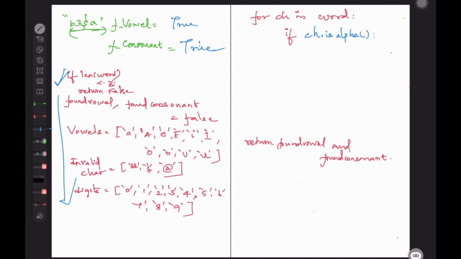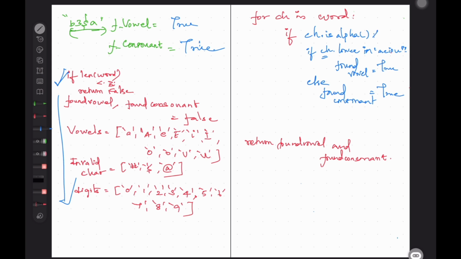Then we'll consider if ch.lower() in a, e, i, o, u, which means it's a vowel. So found vowel equals true. Else it's a consonant, right? Found consonant equals true, because we are converting any uppercase character to lower, and if you are checking it's in AEIOU, then obviously it's a vowel.